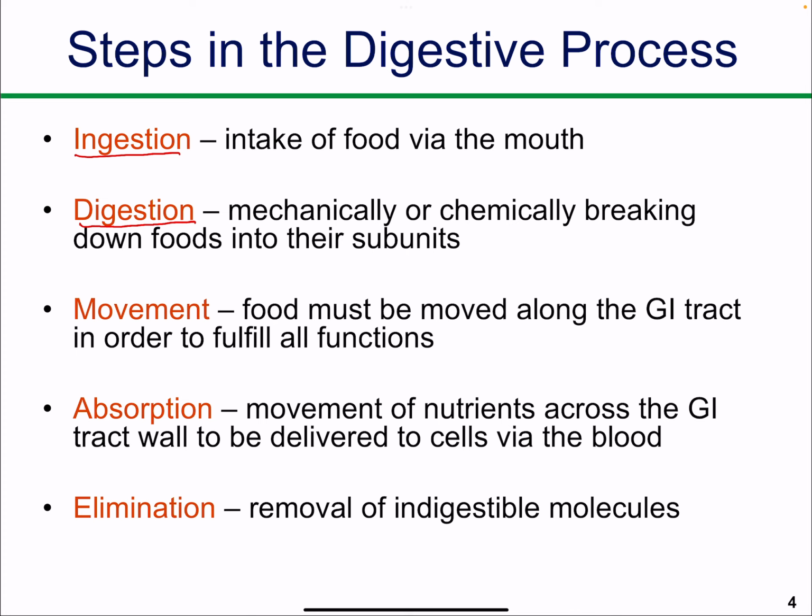Now, as you take in food in the mouth, that food goes through the digestive tract. For the food to move through the digestive tract, you absolutely need movement, and movement means the digestive tract will have to have muscles. Let me repeat that. Movement means the digestive tract will have to have muscles. All right? So, where do we find these muscles? We are going to address that in a minute. The muscles in the gastrointestinal tract